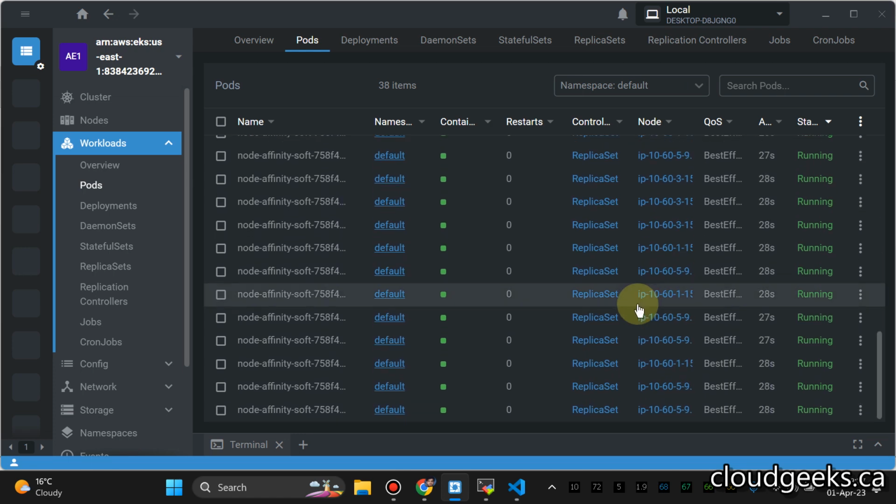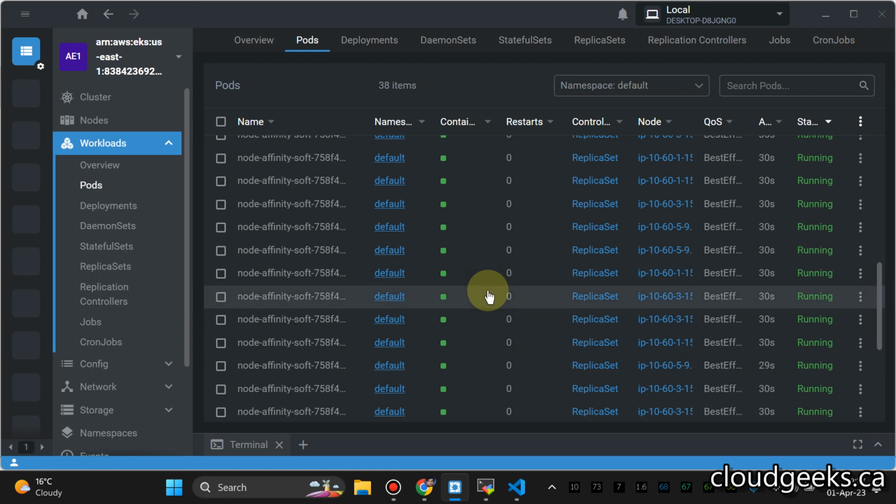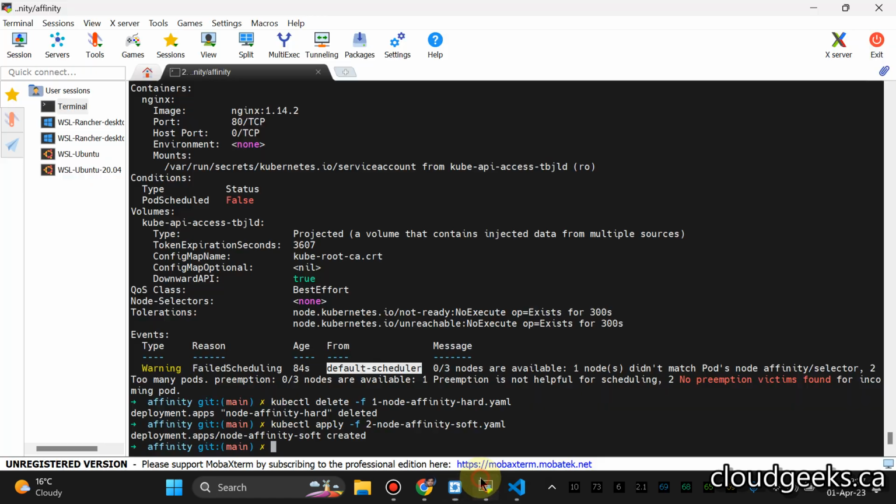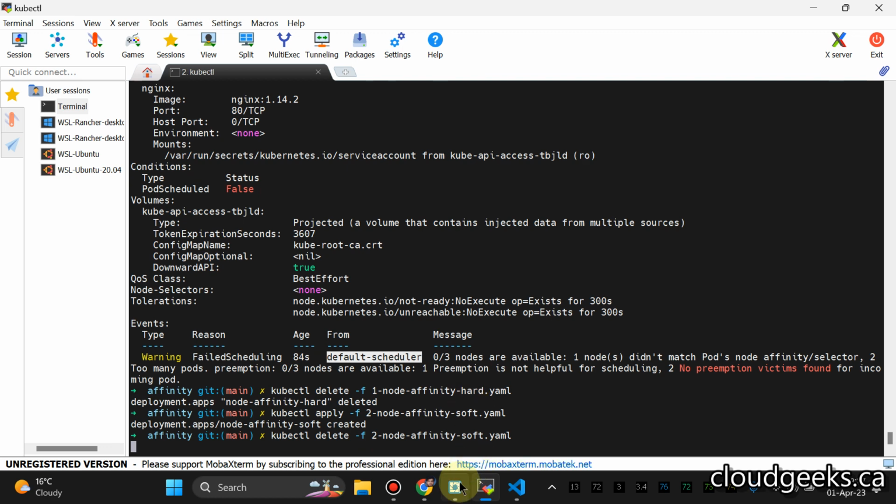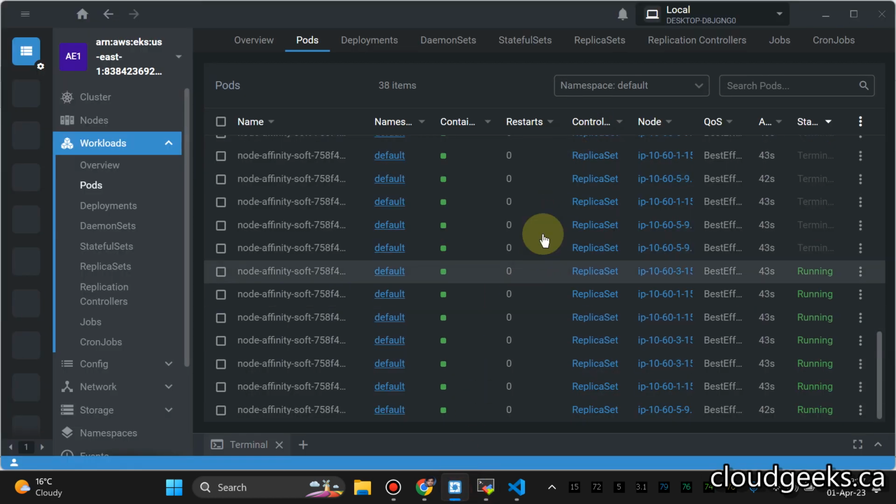So go for the soft limit, otherwise your pods are going to be stuck in pending state, right? So if you don't have the capacity, simply do that. Delete the pods. Then we are going to take the example of,